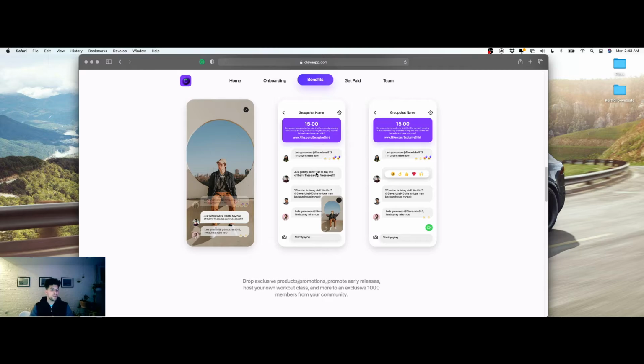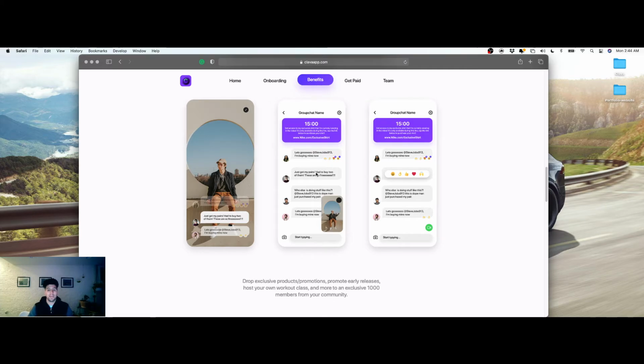This could be a great way for influencers to drop exclusive merch, to interact with just an exclusive 1,000 fans. I mean, they can do so many things, and doing this through Clava naturally drives up the hype around their brand, the engagement, and the excitement. Imagine if one of your favorite influencers was like, hey, get an exclusive look at my latest video.